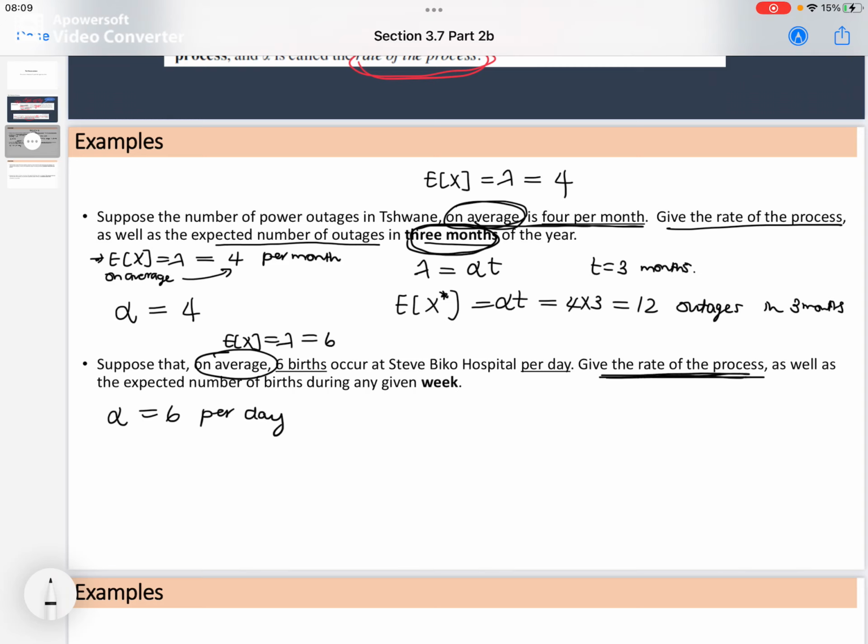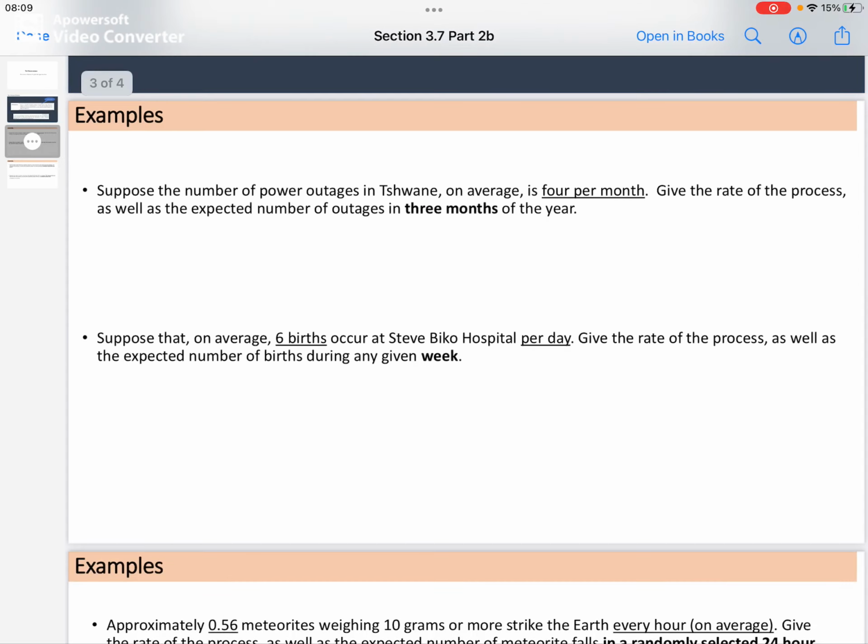And now with the Poisson process, it says that lambda will be equal to alpha times t. So we want to know what is the expected number of births during any given week. Then what is lambda for any given week? It is equal to alpha times t. In this case, we have 6 times, so in a week,